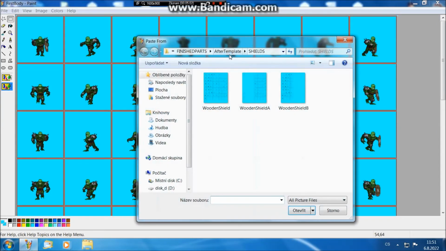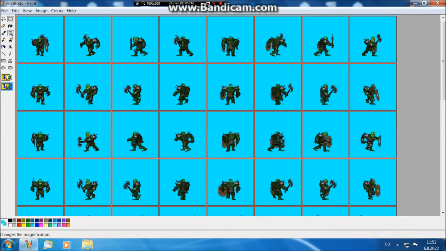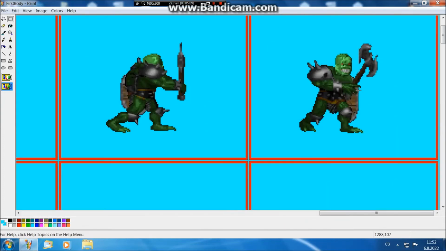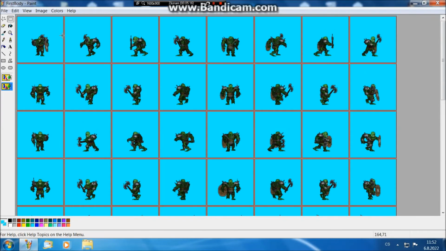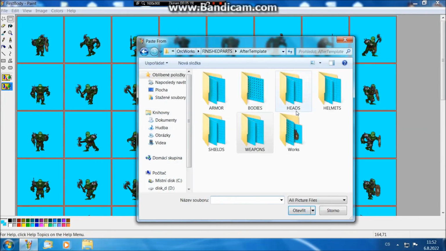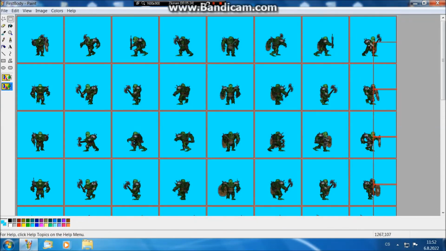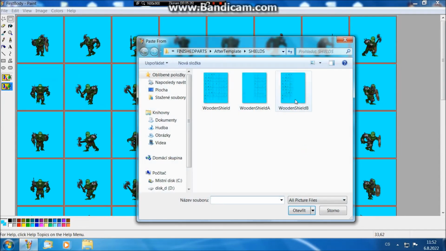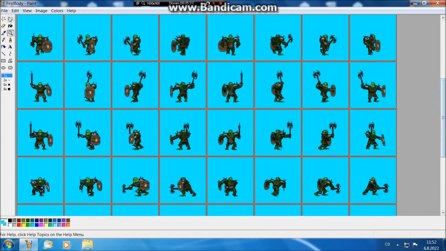Then the weapon goes into his hand, because now it is not behind the shield. Only then I can put the, where is it? Yes, the B part. Oh my. Yes. Okay, something happened here and